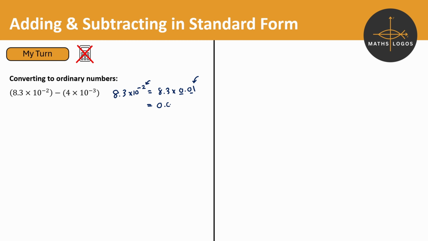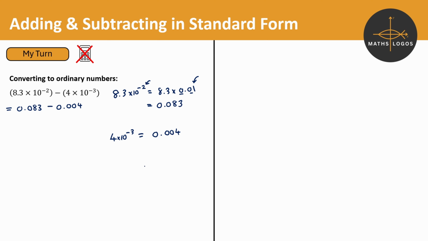So 0.0, and instead of the 1, I'm going to write the 8, and any other digits I had, in this case only 3, goes in here. Convert the 4 multiplied by 10 to the negative 3 into an ordinary number, and that's going to be 0.004. Then I go ahead and I rewrite this calculation. So I've got 8.3 multiplied by 10 to the negative 2. Well, that's my 0.083. And I'm taking away